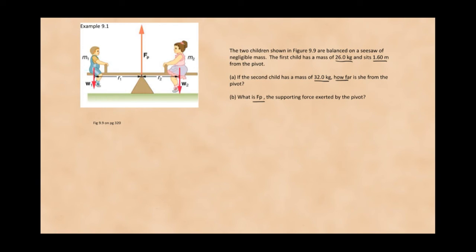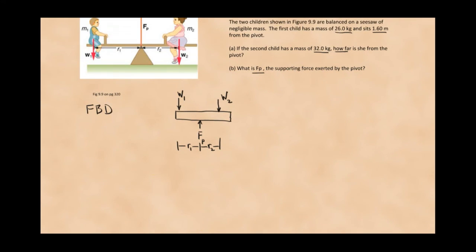So the way I'm going to do this is first draw a free body diagram. Put all the forces on it. And now we need to include distances as well. So there's my free body diagram. Now I have Newton's second law, and I have sum of the torques equals 0. So in the x direction,